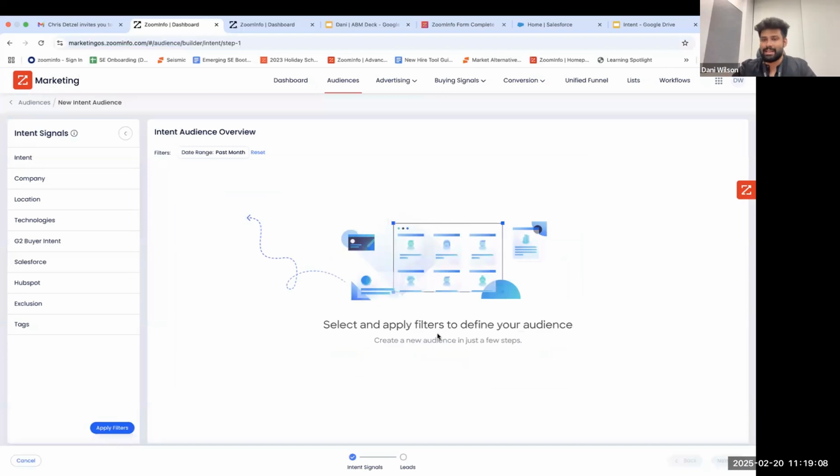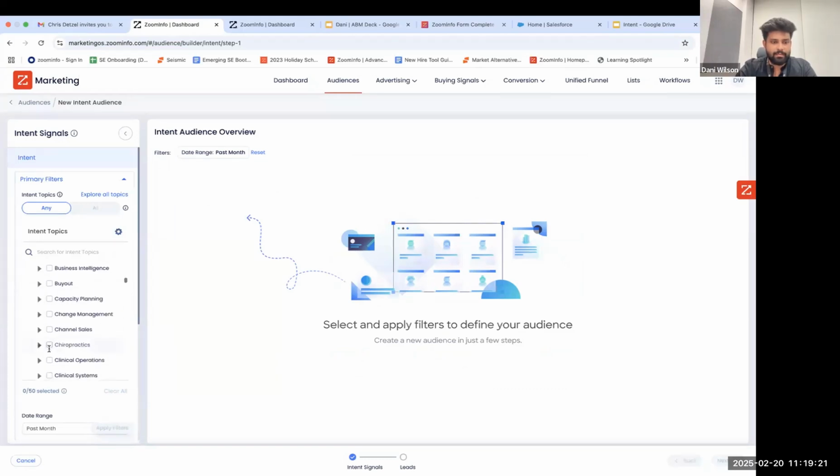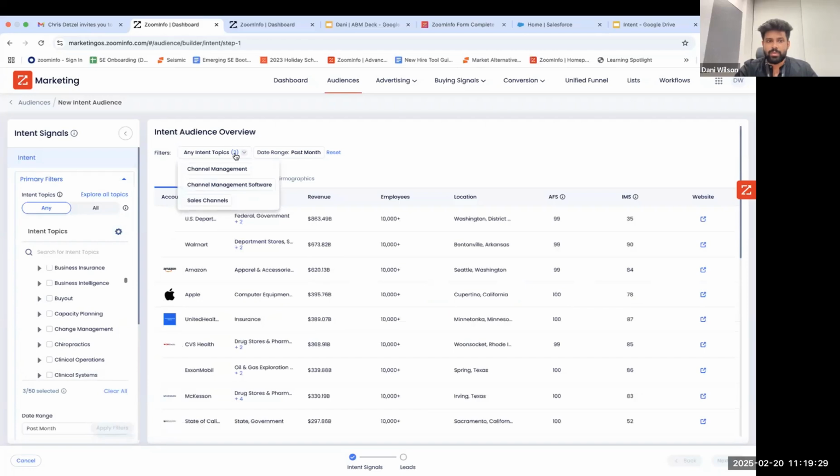So let's take intent as an example when I'm creating an audience today. So I am creating intent related filters. And for the sake of demo, I would like to go ahead and search for, let's take, channel sales as an example. So I'm using these 3 topics from channel sales. So this would show me channel management, sales channels, and channel management software as 3 topics that we are trying to identify. So these are the companies that are actually right now in market conducting research on these topics,